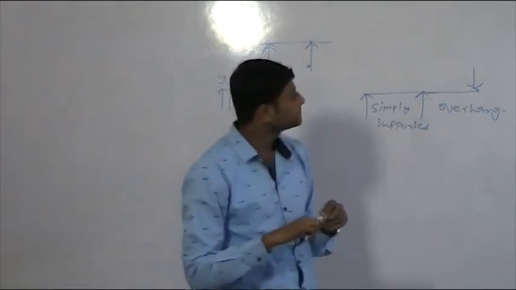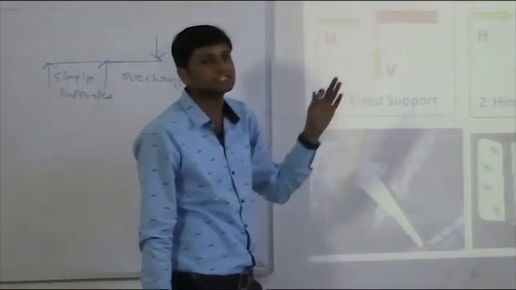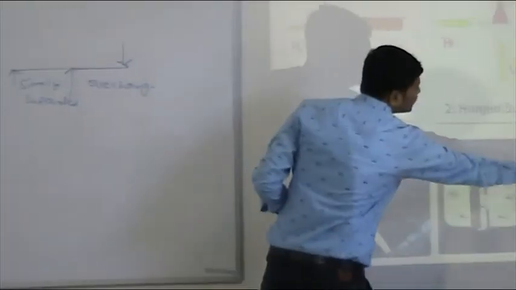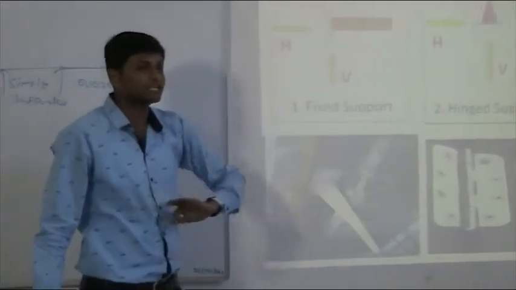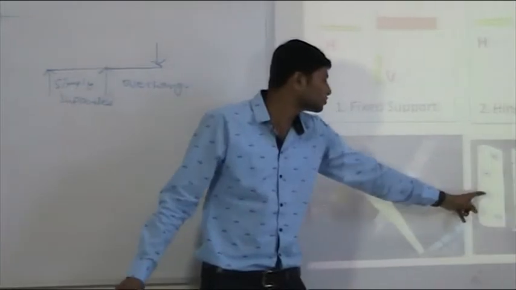Next slide. Vertical reaction V for a simply supported roller support, just like a roller. Roller, it can move. Shown in figure. This is a body, this is a column, and if our support is a roller, it can move easily. Next is hinge support. And you can say this. What is this?